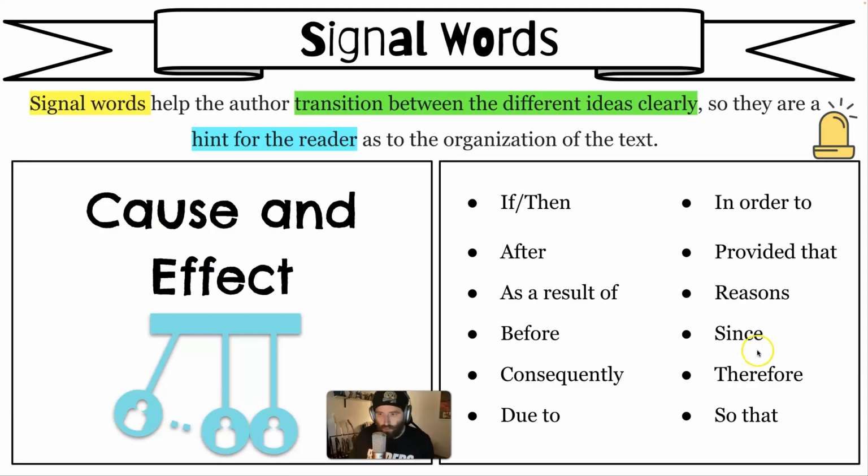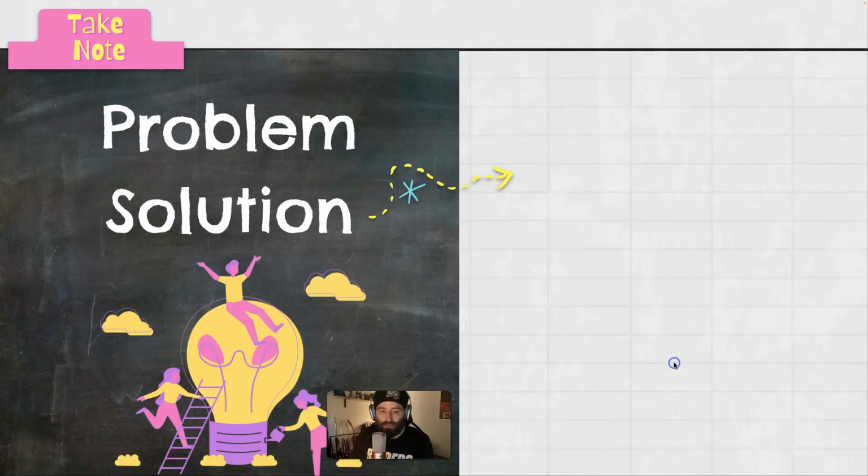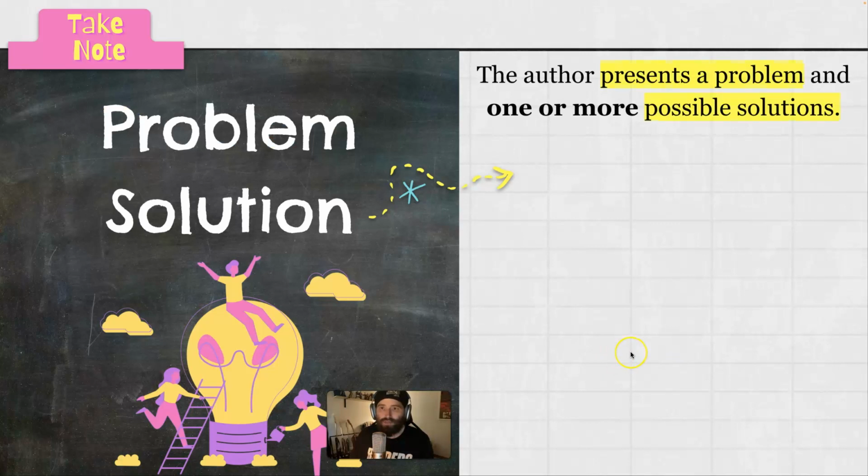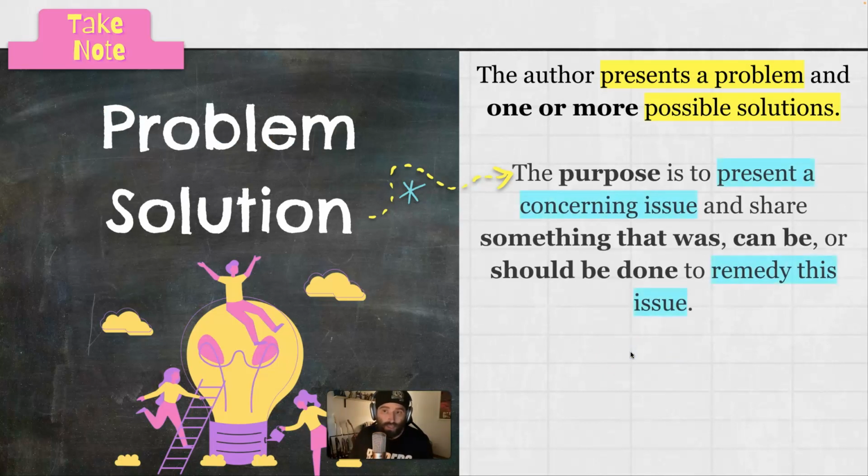A lot of different signal words here. Some of the big ones are like because and consequently and if, then, so on and so forth. Now our last text structure here is problem and solution. Now with problem and solution, the author presents a problem and one or more possible solutions. The purpose is to present a concerning issue and share something that was or can be or should be done to remedy this issue. So for example,